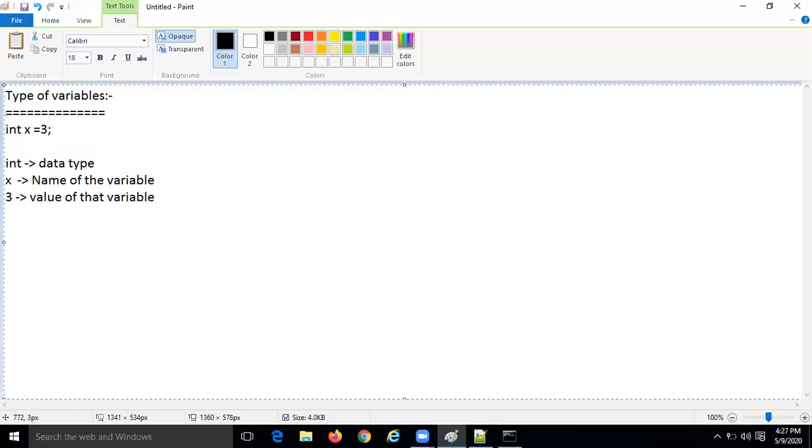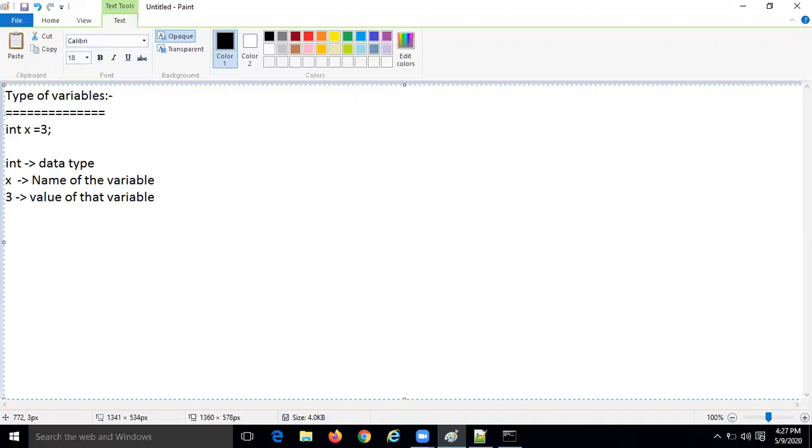Number one, based on the type of value represented by a variable, all variables are divided into two types. First of all, based on the type of the value. What type of value do you want to use?